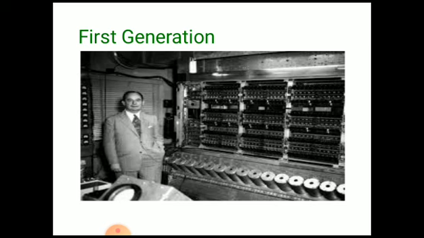We can see the first generation computer with this image. The earlier computers were built using thousands of vacuum tubes. Vacuum tubes are big in size, produce lots of heat and have a short life. These computers were called the first generation computers and were used during the years 1945 to 1955. One well-known example of first generation computers is the computer built in USA in 1946.